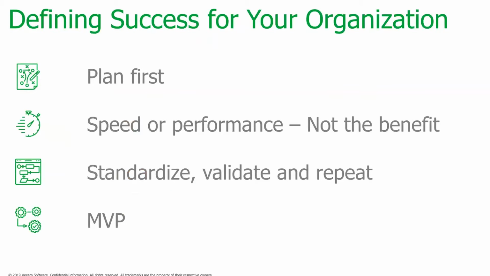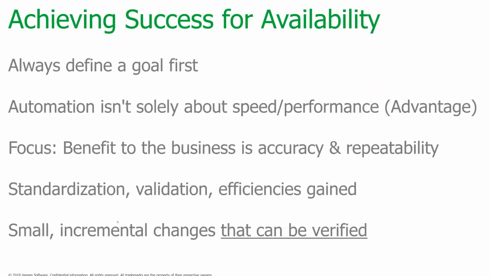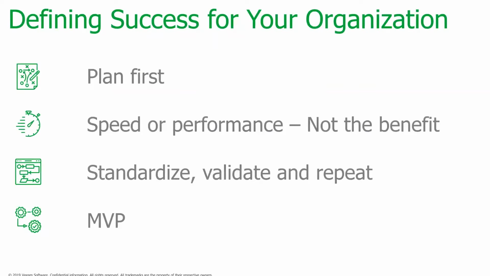So defining success for the organization, right? Plan first, speed and performance. These are not the benefits, right? You want to be able to standardize, to validate, and repeat, right? And then here, MVP, what we're talking about is minimum viable product, right? We want small incremental changes that you can track and see where changes are occurring and validate that they are